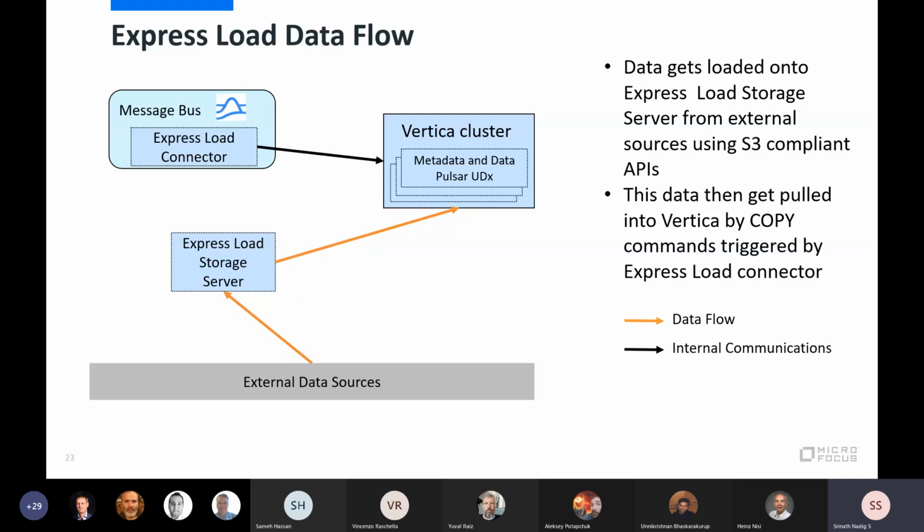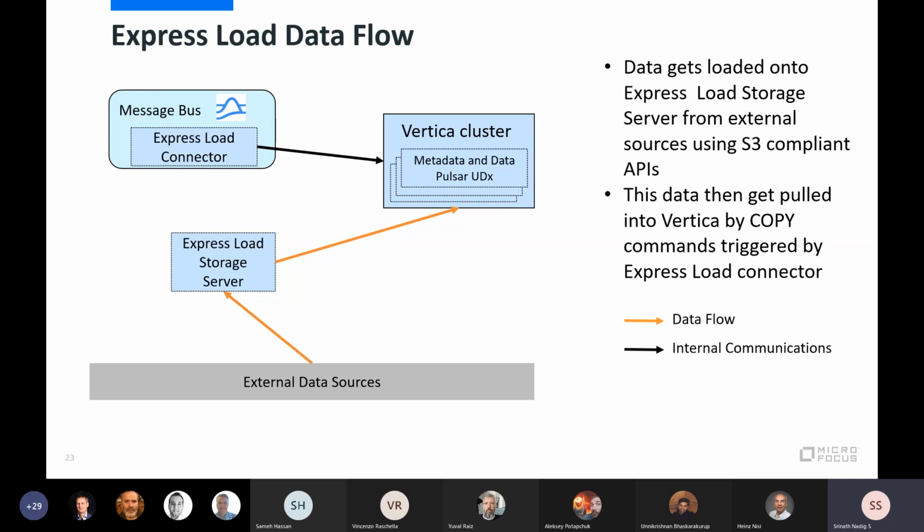As part of the configuration, express load buckets and other things get set up, the pipeline gets laid out, and post that the external data source loads the data into the express load storage server, which is nothing but placing the CSV files and then invoking the express load API,